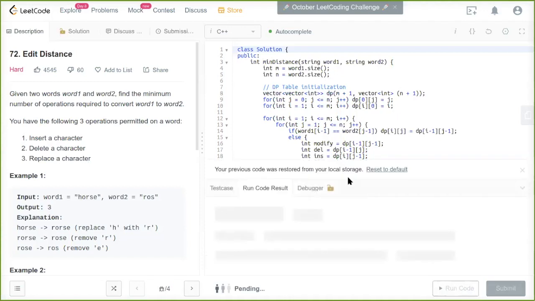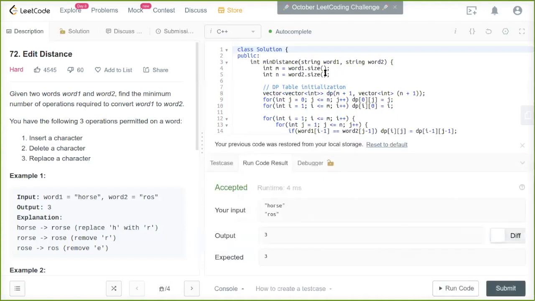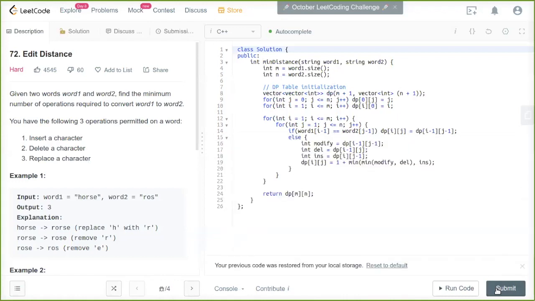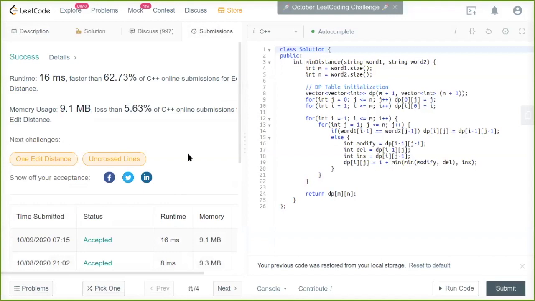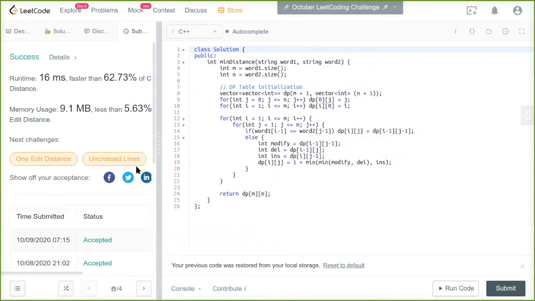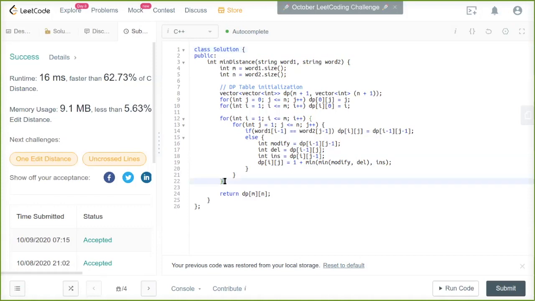So let me quickly see whether it runs okay. We have only one method, so that should be fine. And then if I run this one, this is accepted. All right. So this is the bottom up method. Normally this is the dynamic programming solution, and the previous one, the top down approach, is generally called memoization, right? Or you can also call that dynamic programming, because the concept is essentially the same. It is just that that is top down and this is bottom up, right?